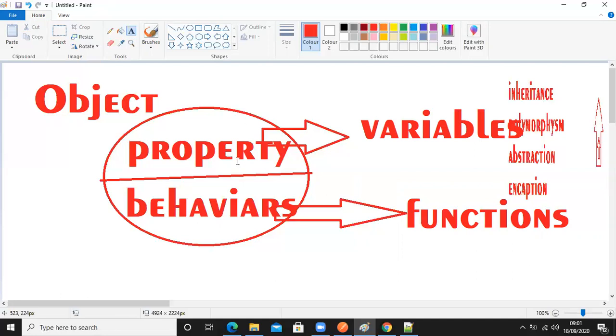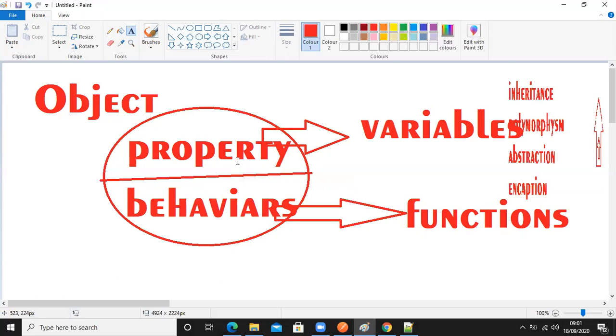For example, you have a computer. Computer is an object. You will not do only one work with the computer; you have multiple behaviors, there will be hundreds of behaviors. A pen is a small thing, you will only write. But if you take very big things like a calculator or a remote control, it will have multiple behaviors.